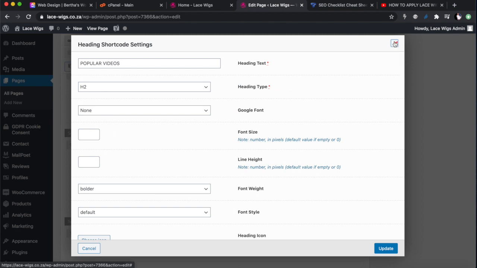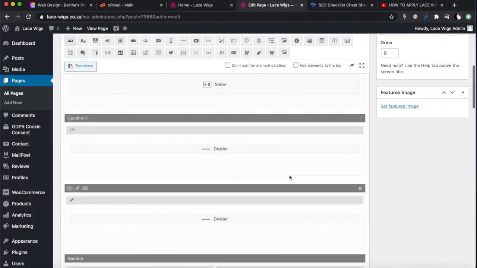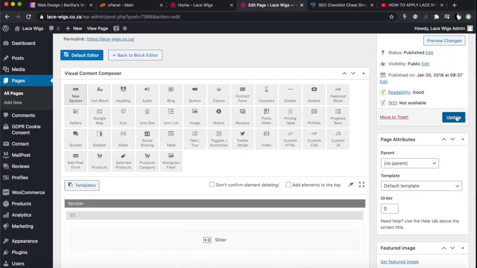All right, and then the slider. So let's update this page and go back and have a look at what we've got on our front page. Definitely our slider should still be there.